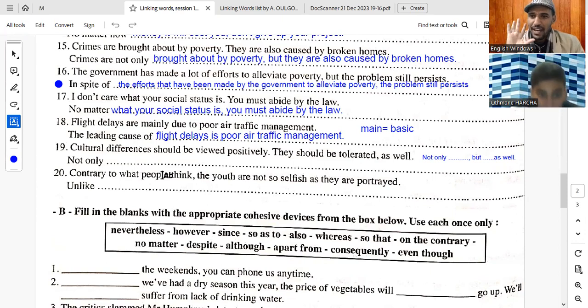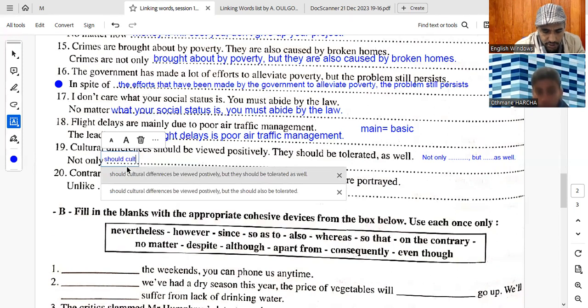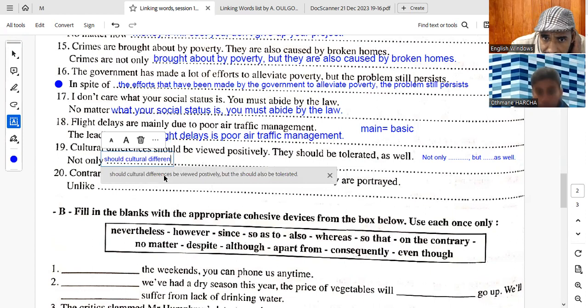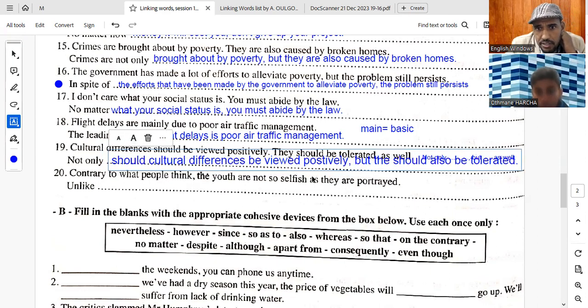إلا بغيتي دير as well. بغينا نديرو also حتى هي هاد لا ستركتور كاينه, right? We can say but they should also be tolerated. نقطة right, c'est très bien ولا خلي as well كما هي, very good. Yes, okay. Not only, عقل على هذه ملي كتكون not only ديما كنديروا لانفيرسيون الا عندي موديل ولا كذا كنسبقوا عاد لو سوجي, right? Not only should, right, cultural differences be viewed positively but they should be tolerated as well, or but they should also be tolerated.